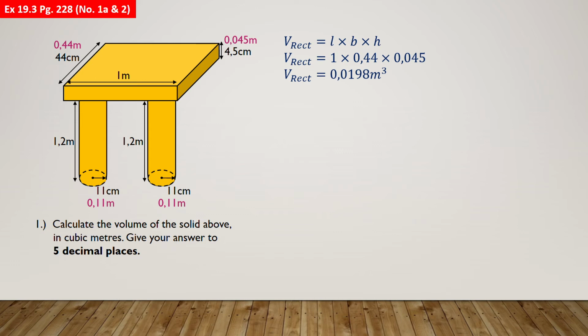Then I'm going to calculate the volume of my cylinders. I've got 2 cylinders. I could calculate them separately and add them, or I could just multiply the 1 by 2. That's what I'm going to do. The volume of one cylinder is pi r squared times height, but I've got 2 cylinders, so I multiply by 2. I can see clearly there that my radius is 11 centimeters, which I've converted to 0,11 meters. So I'm going to say pi times 0,11 squared multiplied by the height of my cylinder, which is 1,2 meters,